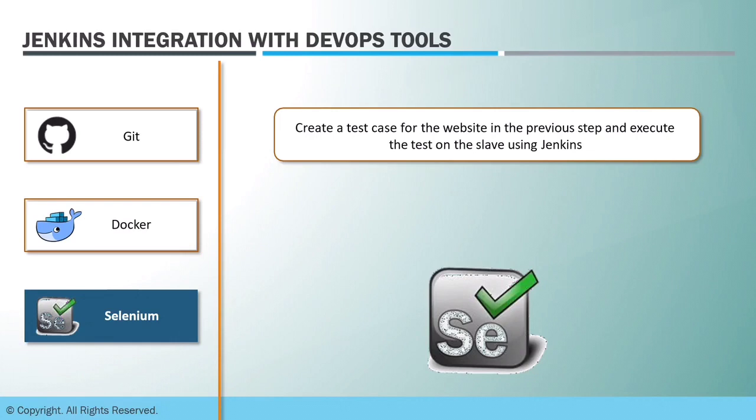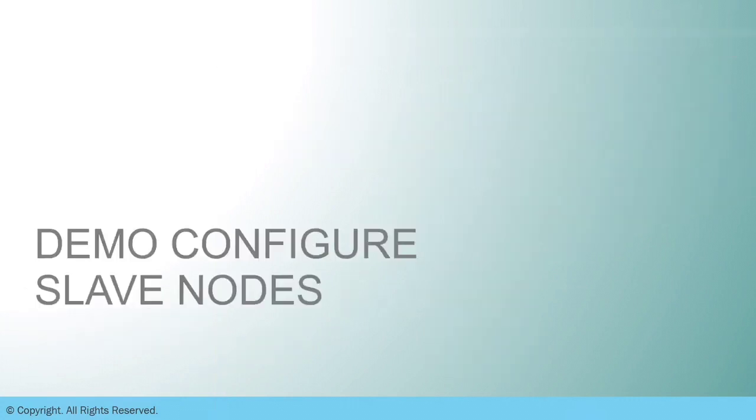Okay, so these many test cases failed, you need to work again and fix the code and make it bug free. So there are some cases of Jenkins integration with DevOps tools. This is a very limited explanation. A lot of tools are available based on your needs. You need to check them out and follow the documentation to integrate them with Jenkins and use them in your jobs or pipelines. So now we have covered the theory part. We will see a small demo in the next session about configuring slave nodes with the Jenkins master.